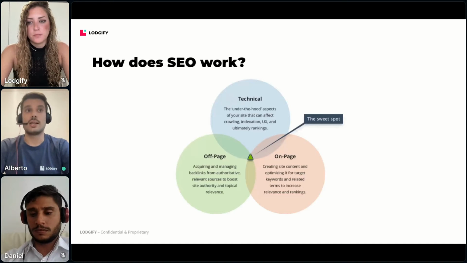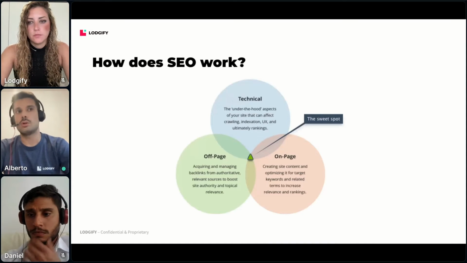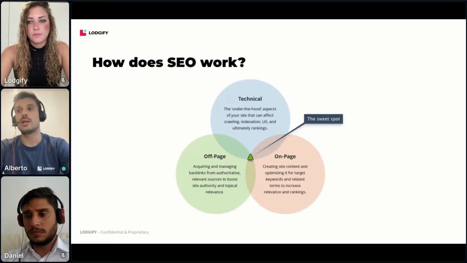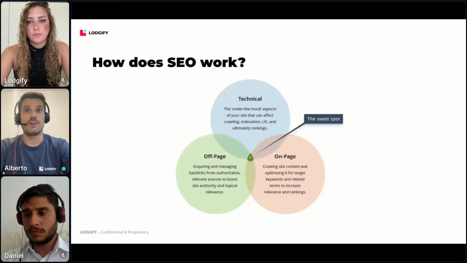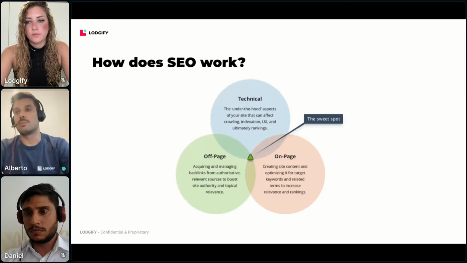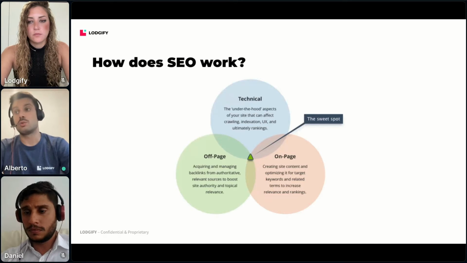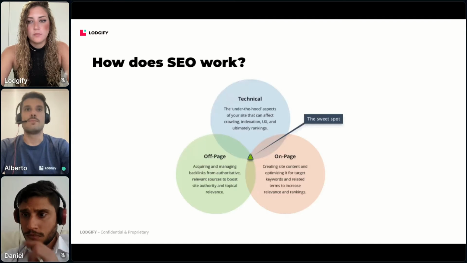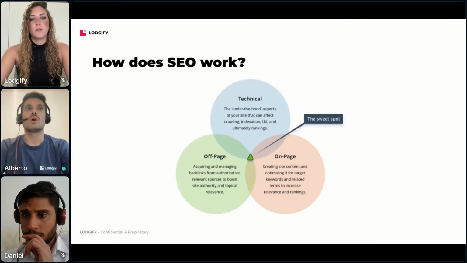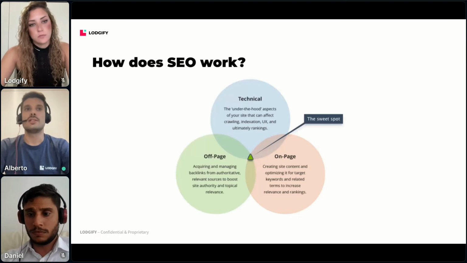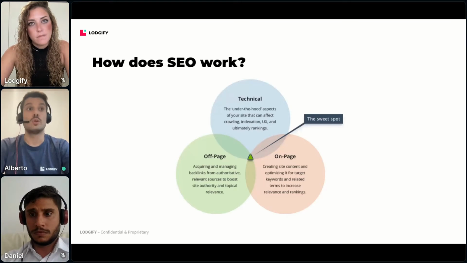And lastly, we have technical SEO, which again is something that you do on your website, but it's not related to content, but a variety of factors, which could be, for example, how fast your website loads, or how user-friendly your website is, from the size of your font to the color of your font. How well does your website look on mobile? Do you have security protocols on your website? All of these little things that in the end add up to make sure that you have a good, powerful